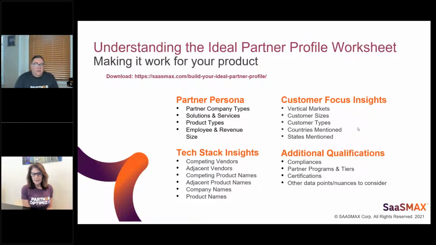Right. And before we go too far, with partner company types, you may also have a feeling about what is not a good partner company type, right? You want to write that down too, and make sure everyone understands that someone who is an accountant is not a good reseller partner for you, or someone that has too much focus on marketing versus on cybersecurity is not good. So make sure that you articulate not just what is ideal, but what is a bad one, so that you can avoid them.